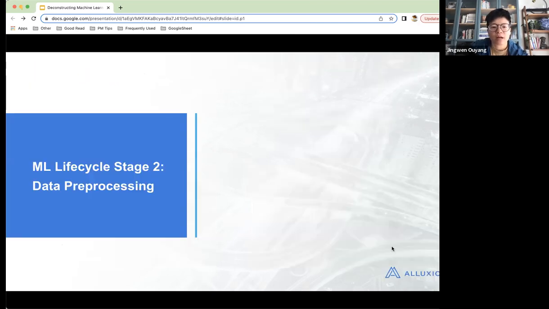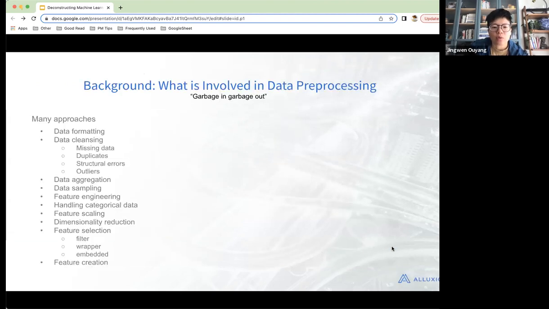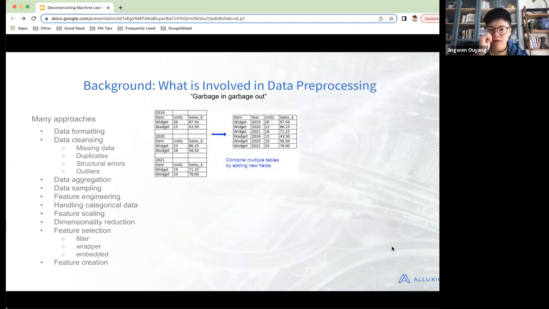For the second stage, we have a data pre-processing stage. So there are many approaches, but I'll just pick a few. For example, for this one, we need to format the data, right? So when the data is coming in, maybe this is an Excel sheet, then we have to put it into a structured table so that the analysts can query the structured data.